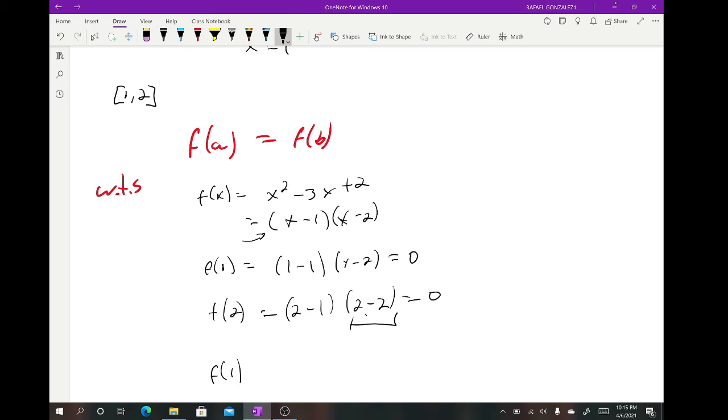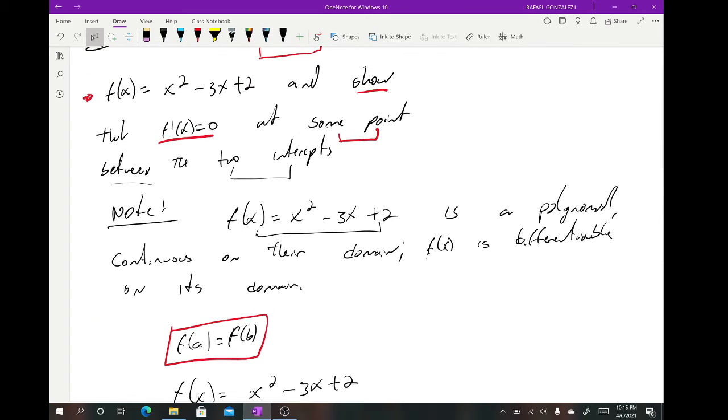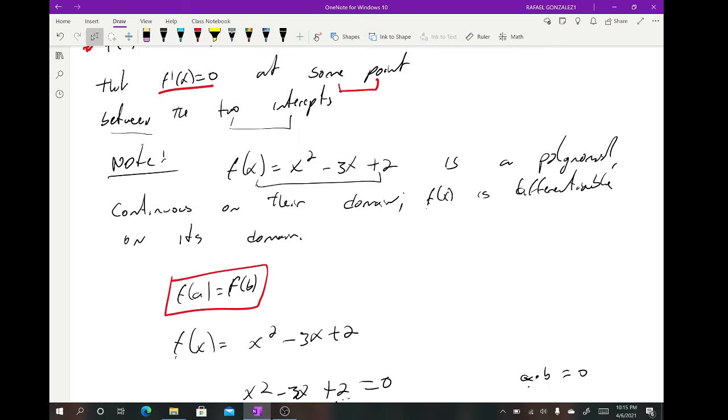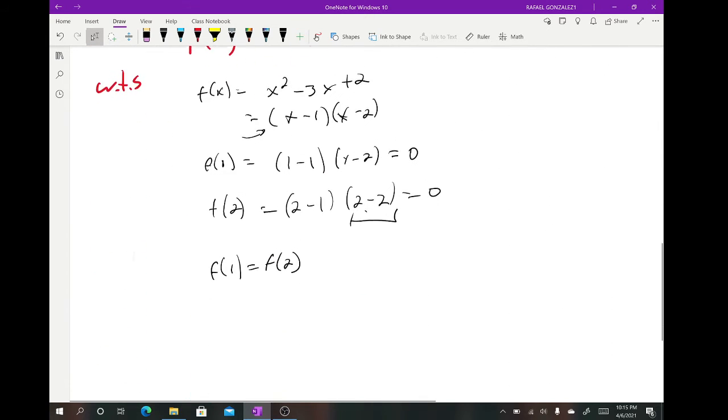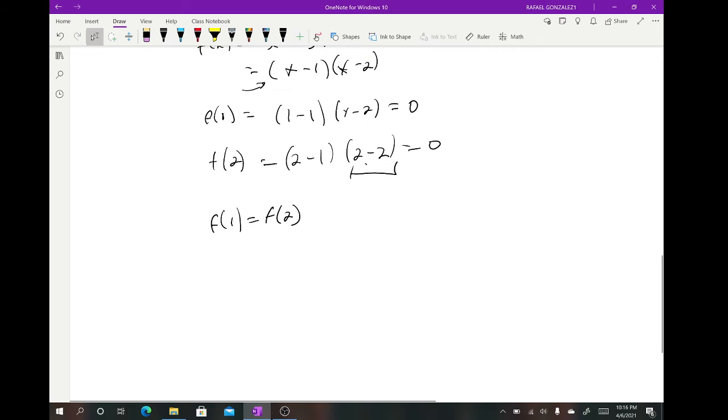So now we can clearly see that f of 1 is actually equal to f of 2. So we have met all of the hypotheses of the theorem. We have that f is continuous on the domain, f is differentiable on the domain, and we have that f of a is equal to f of b on the open interval. Because we have met all of these hypotheses, we are guaranteed by Rolle's theorem,